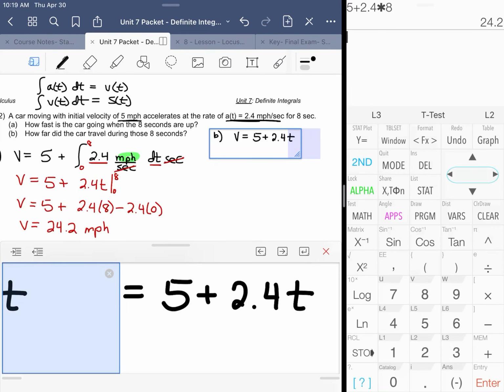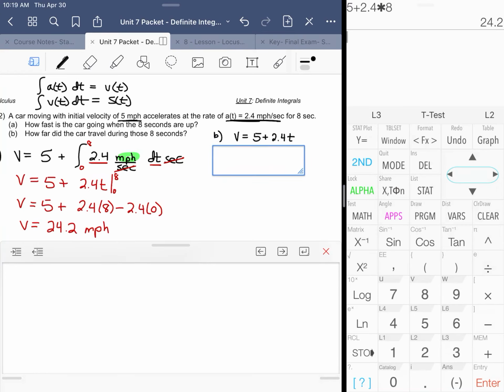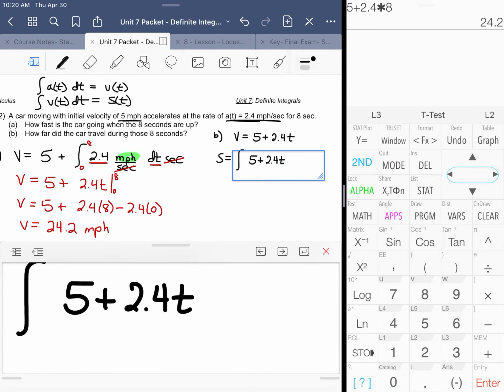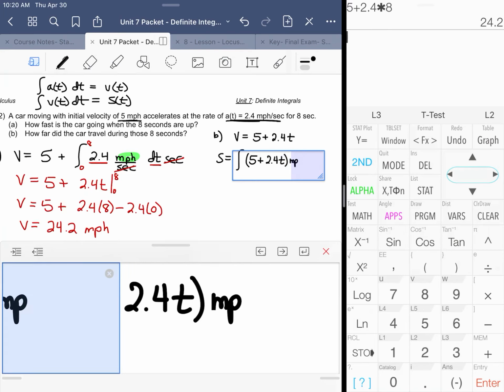So for part B, we still know that v is equal to 5 plus 2.4 times time. All right. So if I want position, I would need the antiderivative of that. So S would be equal to the antiderivative of 5 plus 2.4 t